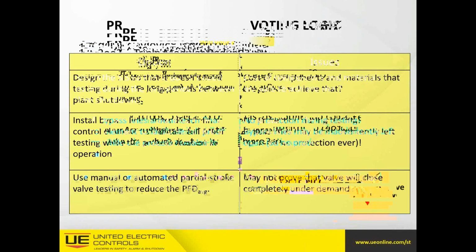Install bypass lines around each final control element to facilitate proof testing while the process remains in operation. You can do that. You have no protection during this test. Bypass lines may be inadvertently left open. So again, here goes our human factor. These are all very risky issues to consider. And then, of course, use manual or automated partial strokes for valves, which is not a subject we'll get into today. But again, these are all things that you have to consider when designing or servicing or looking at these